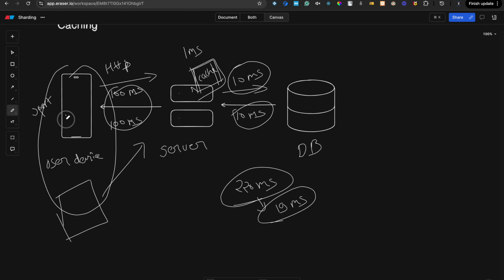So let's learn about the drawbacks of cache. Let's suppose we are implementing the LRU, least recently used, policy for cache eviction, which means the data that is least recently used will be evicted. We have a user device, a server, and this is our cache.